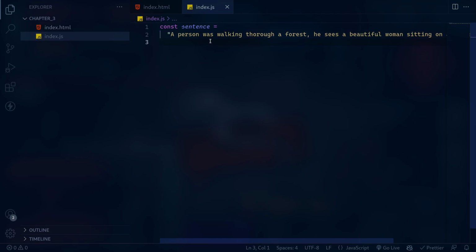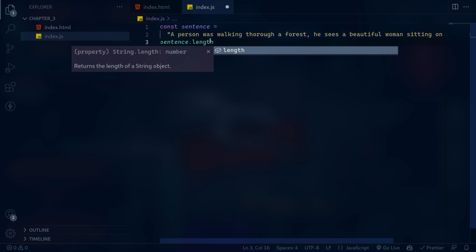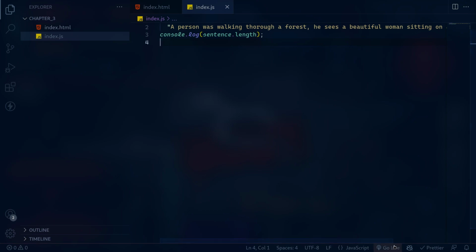So what are string methods? String methods are those kinds of functions or properties that we can use in order to manipulate the string, manipulate the content, or get some additional information about the string. First, let me start with a property called .length. If I write sentence.length and console.log it, and run the live server after saving the file,